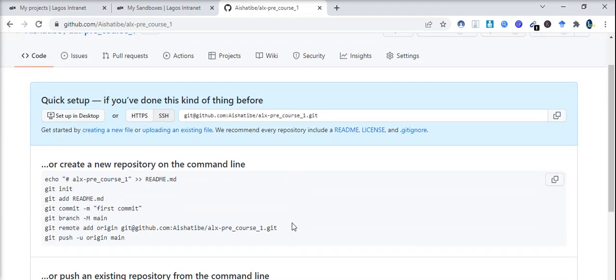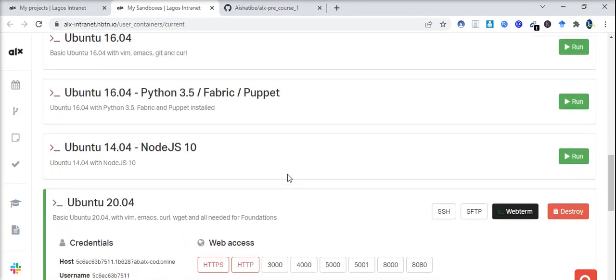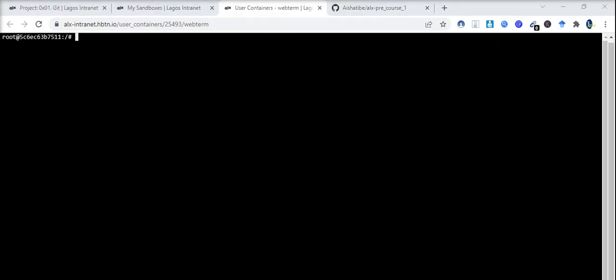Now you already have a repository named ALS precourse _1. So the next thing to do is to go to your git bash. I already said that you can go to your sandbox, you can go to whatever. Okay, let me use the sandbox this time around. So I'm going to use the sandbox, okay, this is my web terminal. All right, so this is my web terminal, but before we can clone the repository, we need a personal access